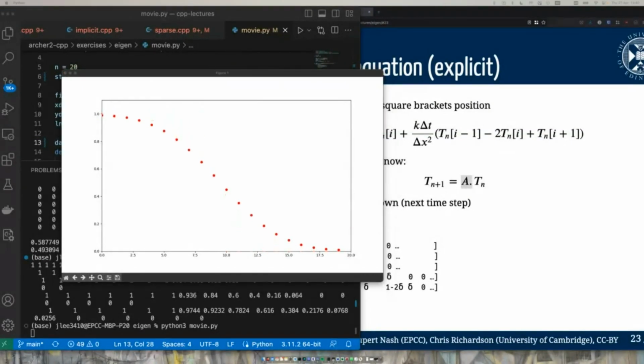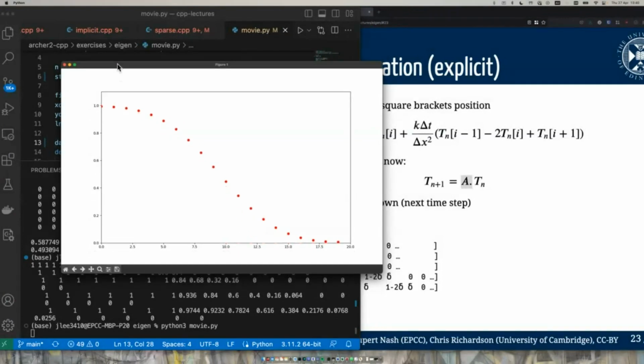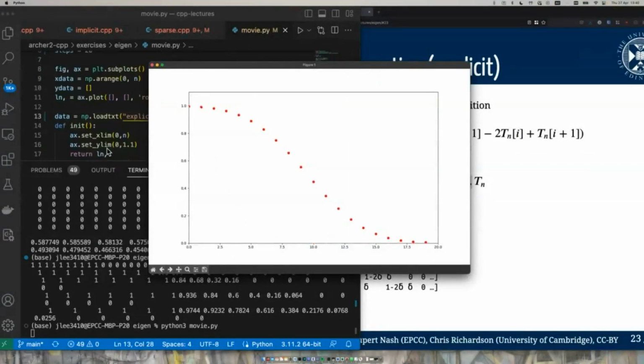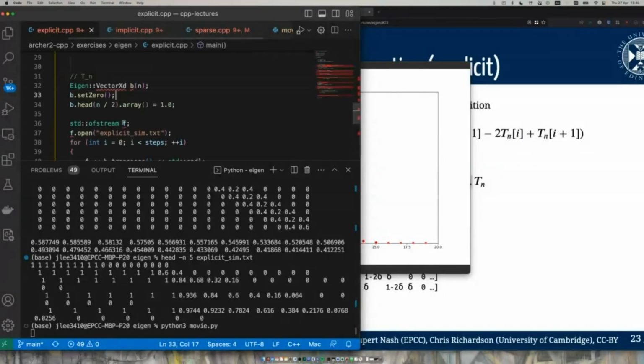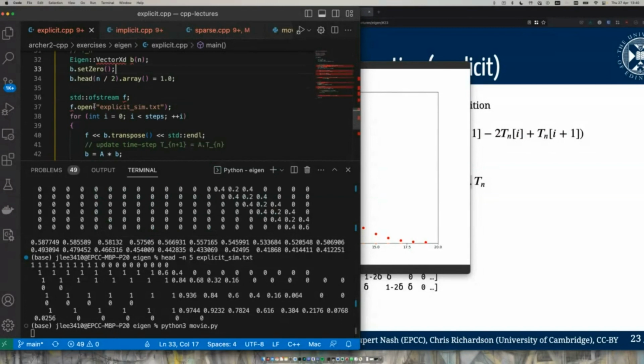So is the statement b equals a times b smart enough to not allocate new memory for b? Yeah, it won't allocate new memory. It just reuses the memory. You're overwriting the old b. For what I've done, I've just written out b in a separate file, but internally,